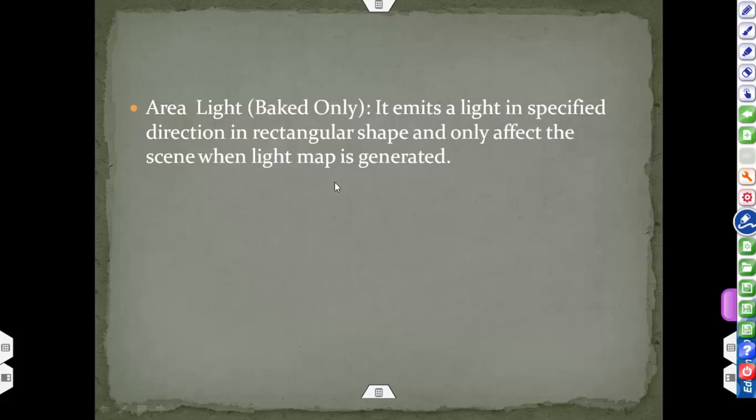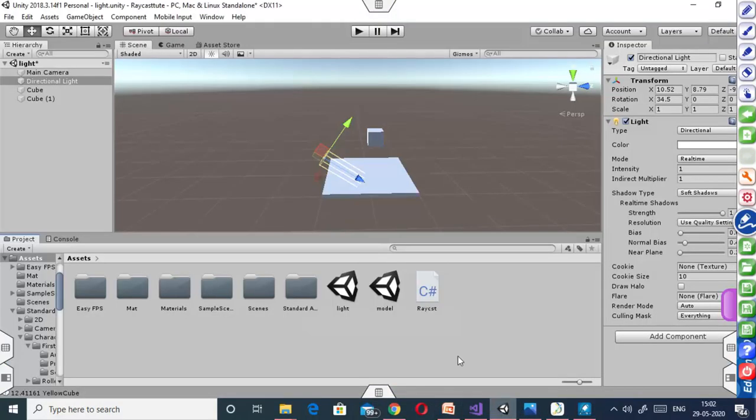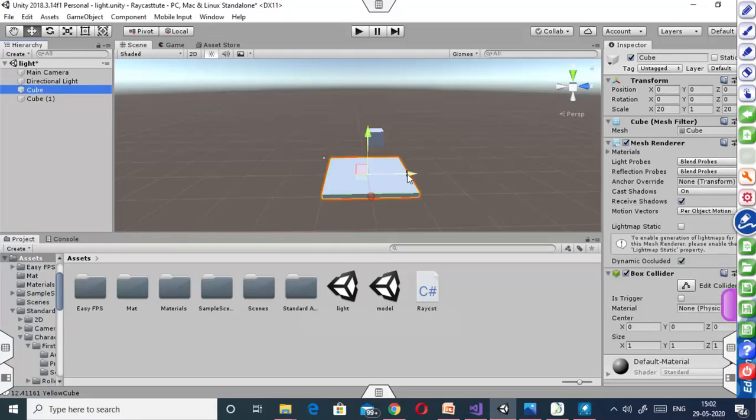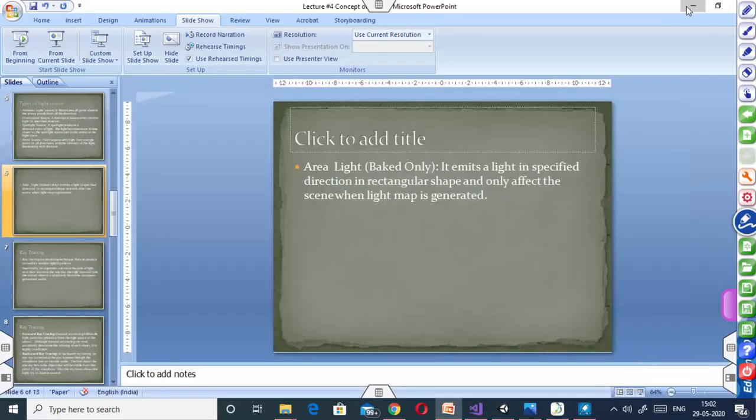Now, the next light source is area light, which is baked only. So it emits light in a specified direction in rectangular shape and only affects the scene when a light map is generated. So what does it mean? We can understand it by this example. Suppose this cube is behaving like a ground, so we can provide a texture of ground to this particular game object.